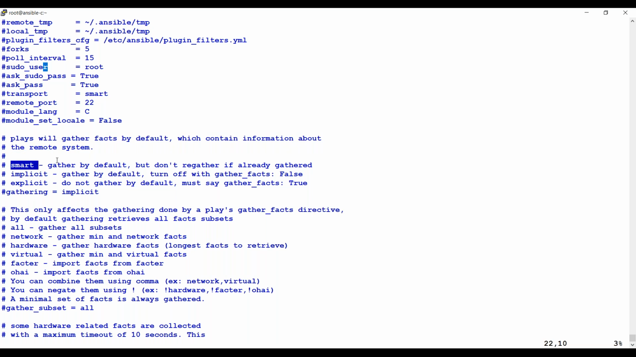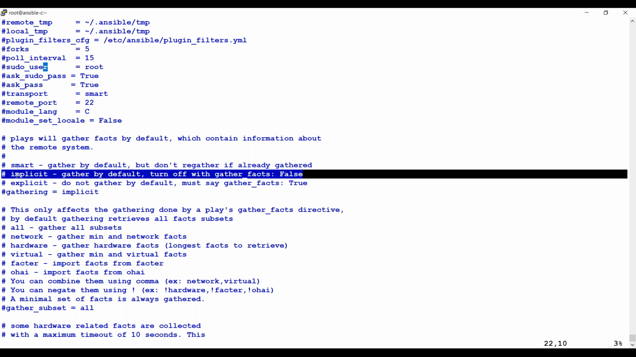First method is smart. Gather by default, but don't gather if already gathered. So one time collect the facts. Next time on the same machine, if I'm performing a task, do not waste time in collecting the facts. Or implicit. If you set facts collection to implicit, by default, it will never collect the facts unless you ask in the playbook to collect the facts,